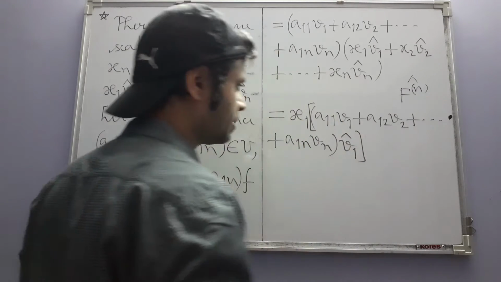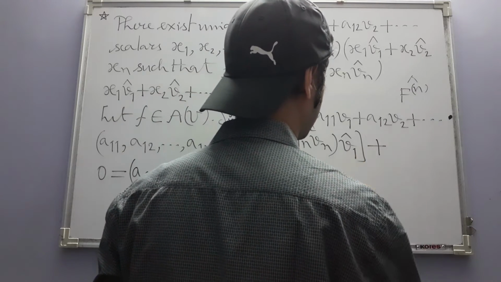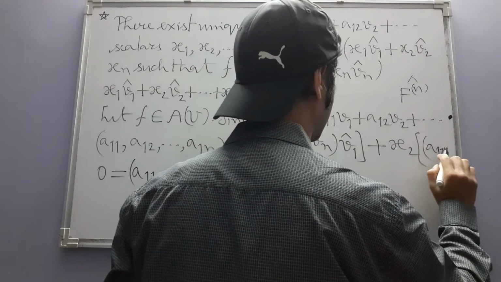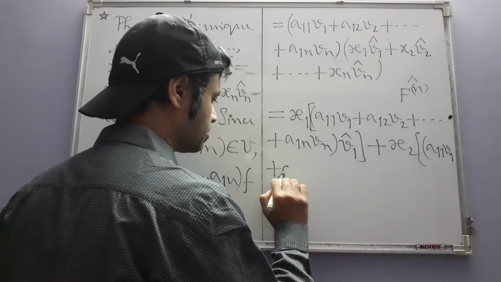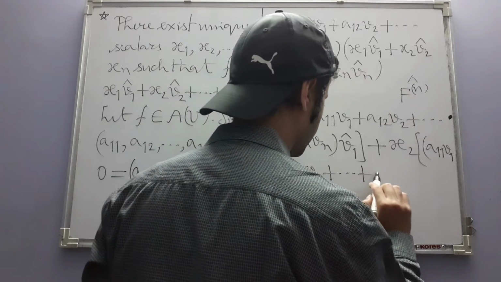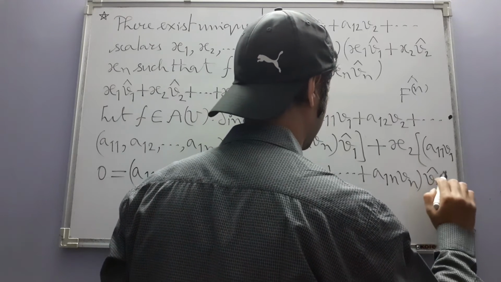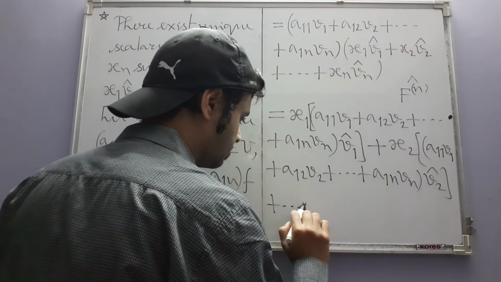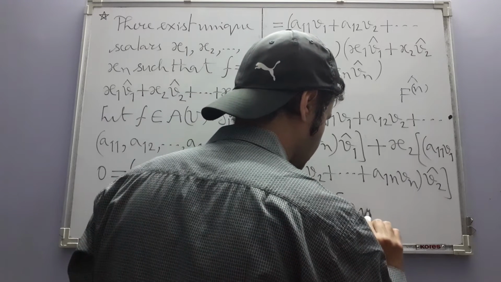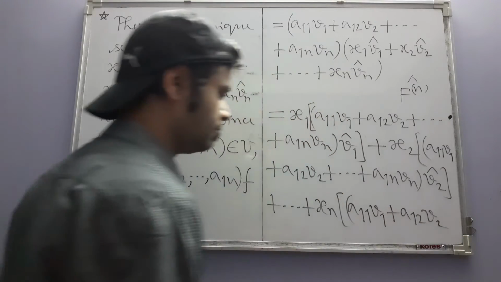And in order to make it more clear, I am putting further brackets, plus like that, x2, a11 v1 plus a12 v2. We want to be absolutely clear about what we are doing. vn v2 hat, and like that, xn, a11 v1 plus a12 v2 plus